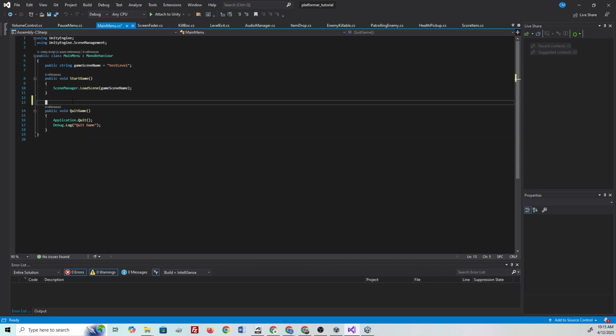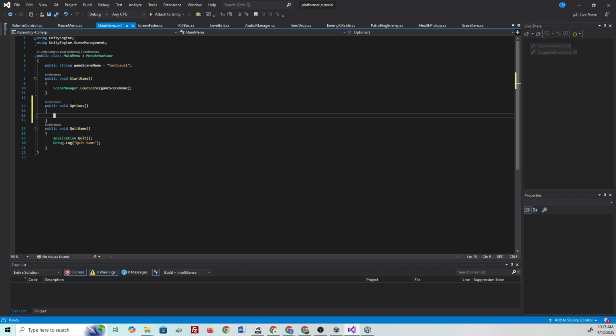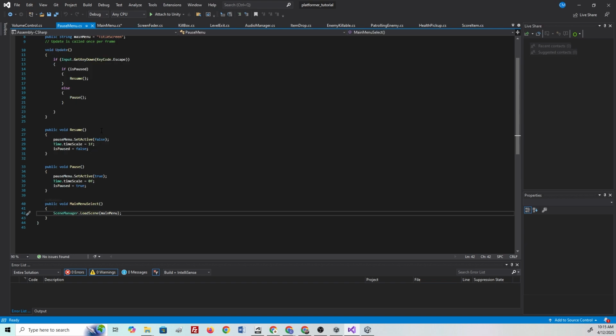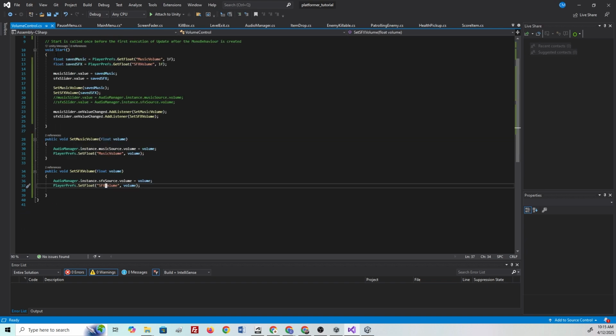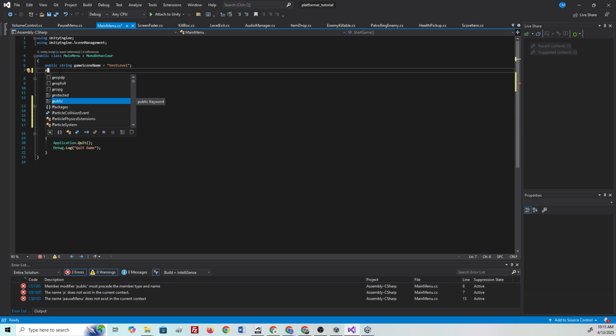We're gonna add in public void options, and what we're gonna do is copy and paste. And what we're gonna copy and paste is this one in our main menu here, only this time we're gonna add a variable called, we're gonna say public